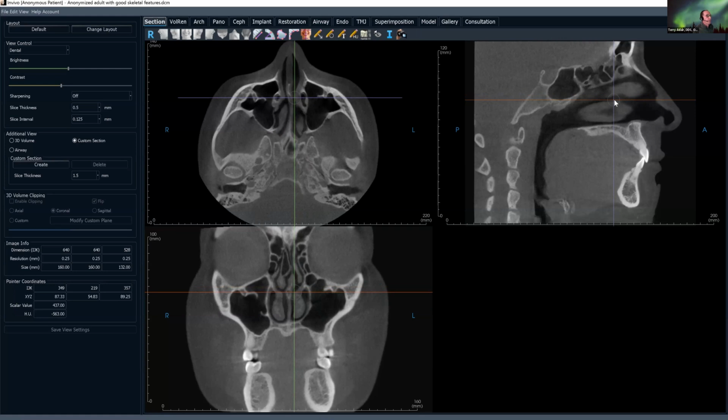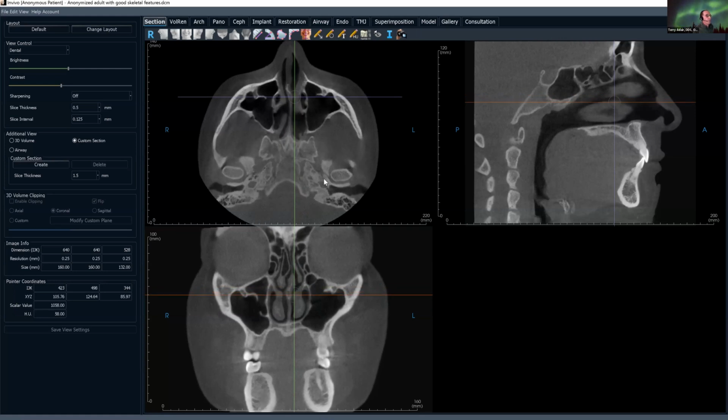And as we scroll more inferiorly, right here, this is where the carotid canal enters the base of the skull. So it's more posterior. So it travels in the base of the skull slightly from the posterior lateral, and then it travels just slightly medially and anteriorly before it turns upward. The carotid canal, particularly in the coronal view, as I'm going to demonstrate in a few minutes, is important because this is where you can see carotid artery calcifications, and it's a key part of looking for incidental findings as you scroll through